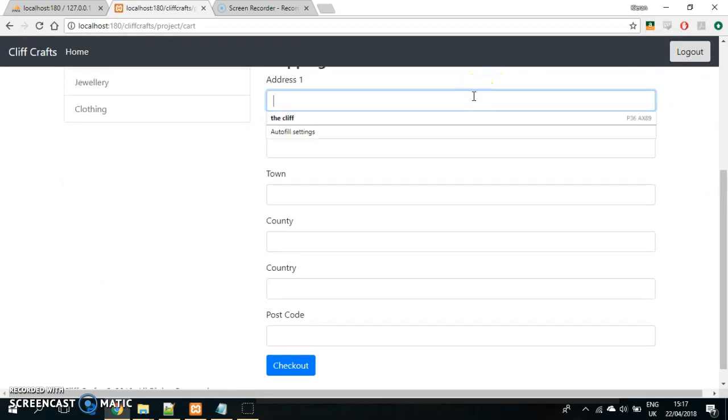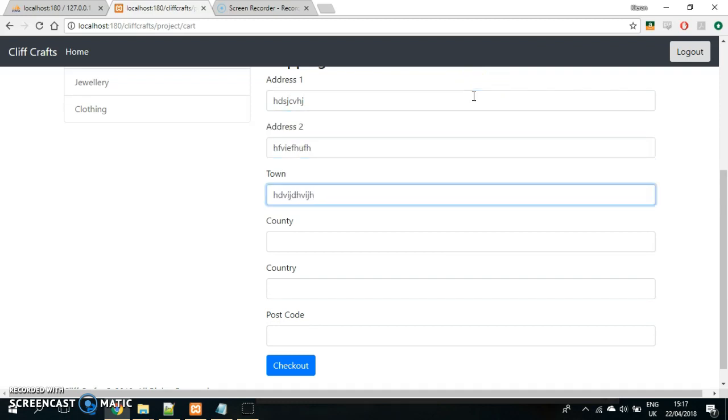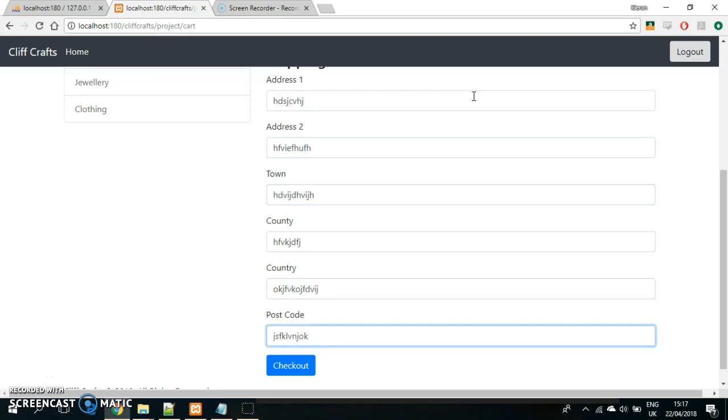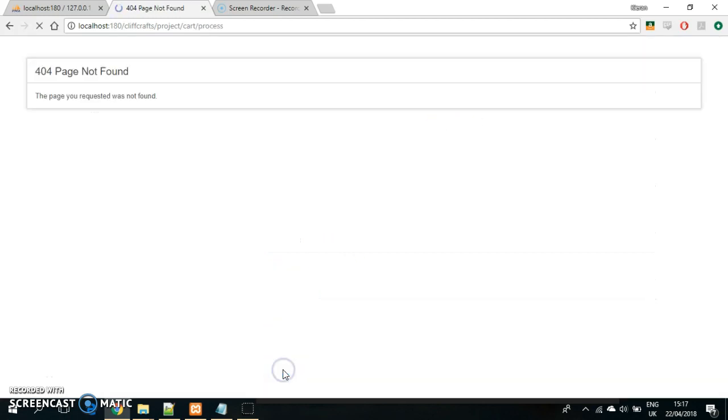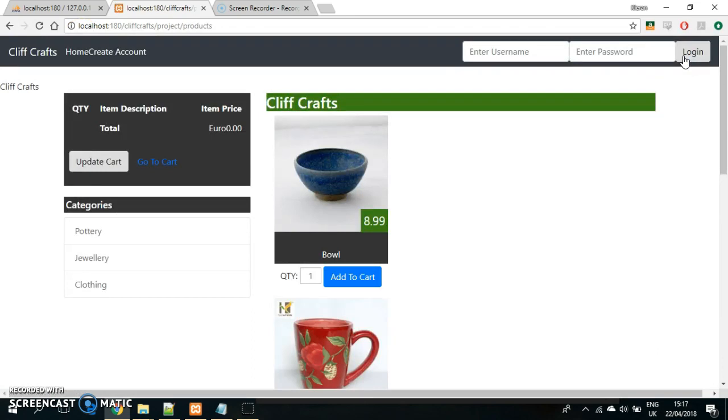fill in addresses here. These all have to be filled in. Unfortunately, I've yet to be able to get payments working. PayPal's been a little difficult. So if we log out, which wipes everything that's in the cart,